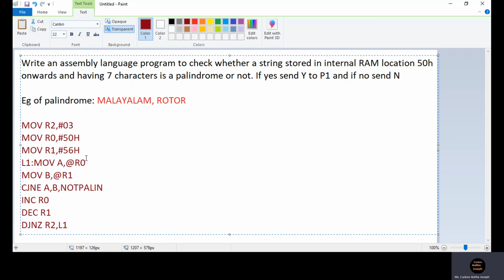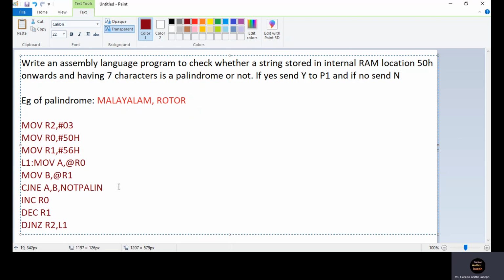Now, if our count is not 0, we will get the second character into A register and the last but one character into B register. We will compare, and if it is not equal, we will go to NotPalin, where we will send N to port 1. If they are equal, we will go for the next comparison until R2 becomes 0.